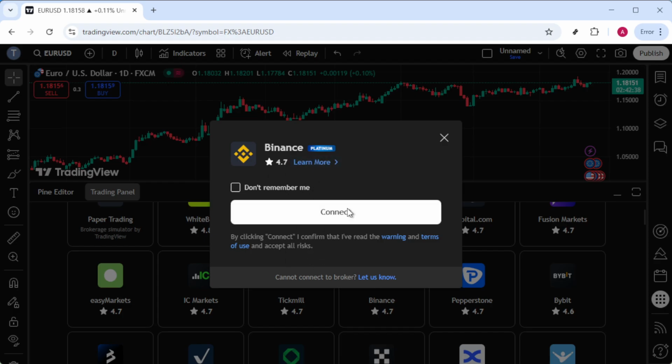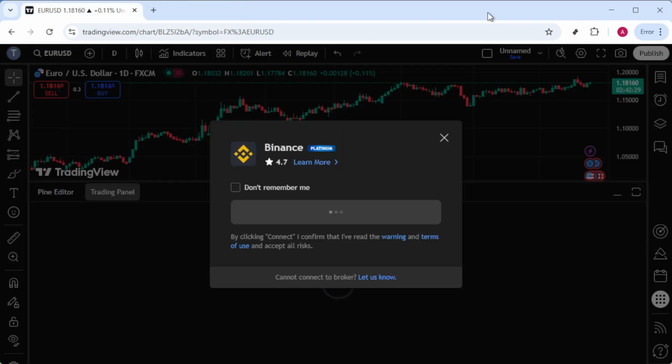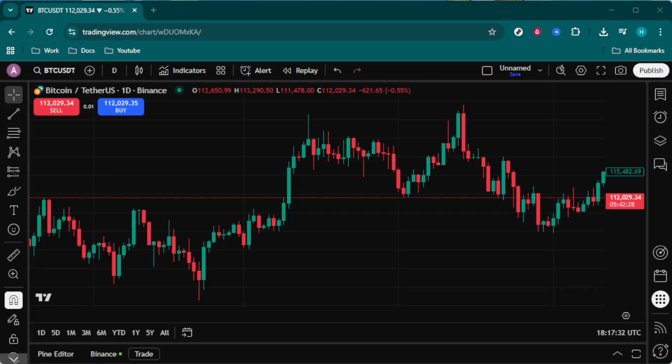Now, once your account is connected, right-click to access the option to Add Order. This function is where you can start managing your orders, such as placing buy or sell trades. Here, you'll be presented with a range of options. Simply choose between buying or selling depending on your strategy. In our context, ensure you check the details like BTC/USDT rate or any other currency pair you're trading to make